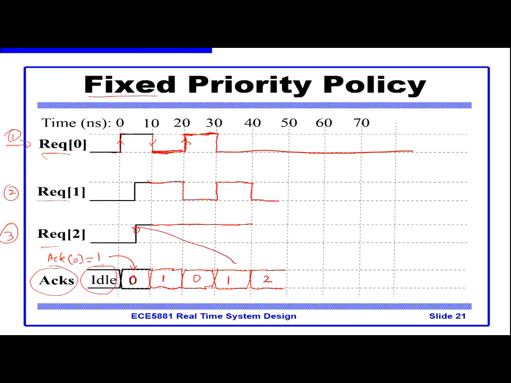Request here, and it finally gets it happening at 40 nanoseconds, so there's a delay of 35 nanoseconds, which is not too good. If you request 2, it really chokes up the system if you're trying to be fair about resource allocation. Okay, so request 2 will last 10 nanoseconds,